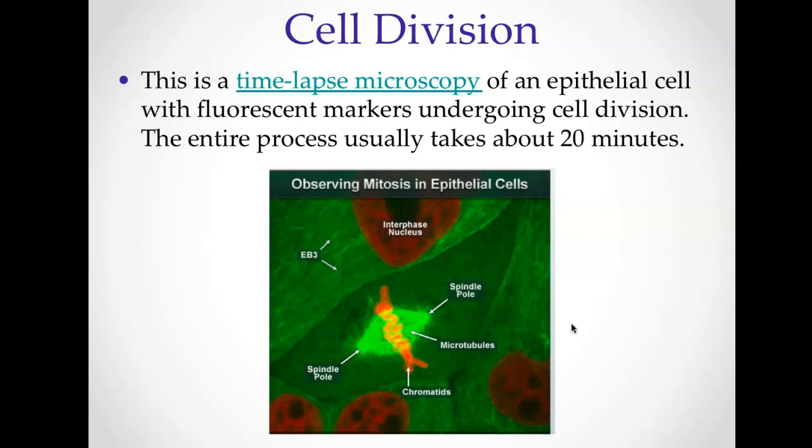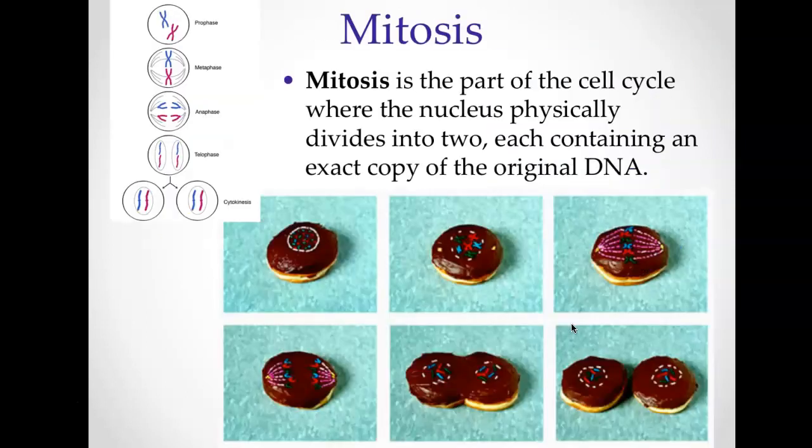I will talk to you in Zoom about the time-lapse video. Basically what you're going to do is take all of these steps of mitosis and a list of vocab words, and you're going to go through and make a time-lapse video of this process happening right here. But I have very, very specific vocab words that you have to include. So you're using Play-Doh, vocab words, any other tools that you want to make your time-lapse video more interesting, and you're going to make a video of the actual process of mitosis.